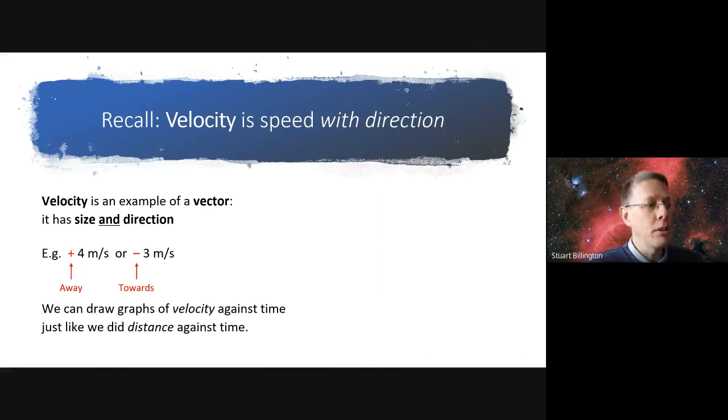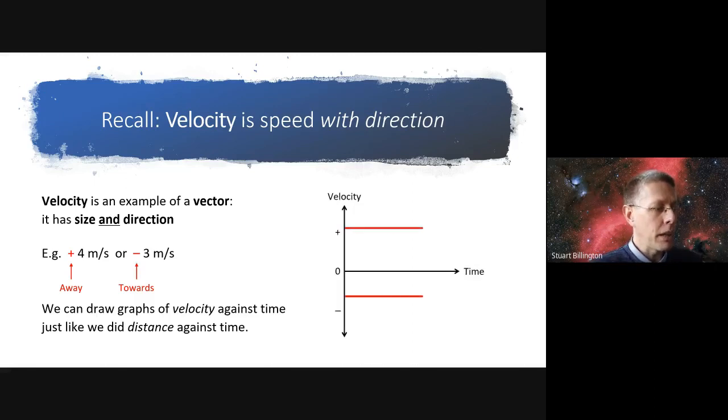So for those two items there, +4 and -3, we would just have straight horizontal lines, because just like when we had horizontal lines for stationary because the distance wasn't changing, now we would have a horizontal line for constant speed or constant velocity